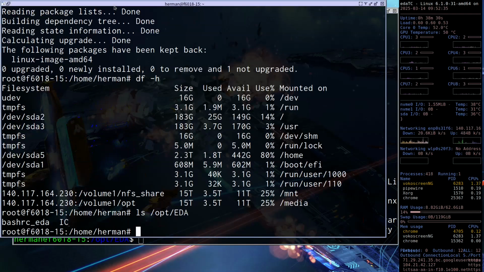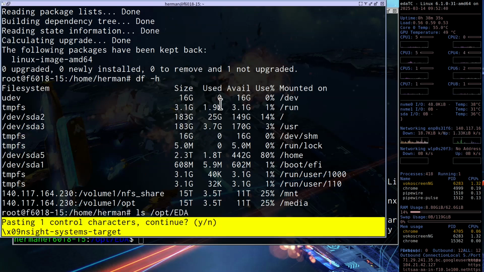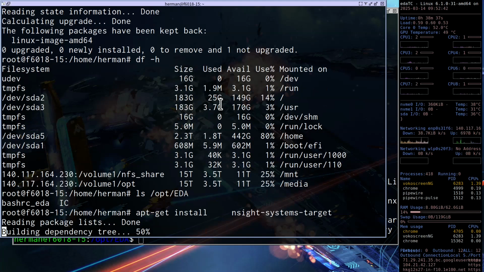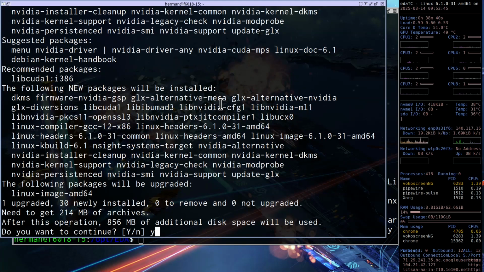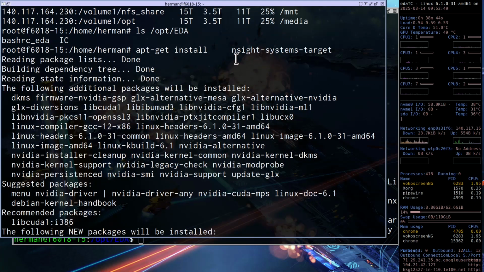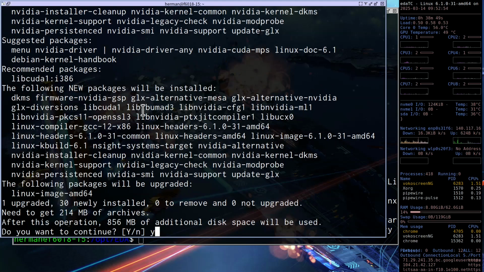In our system, we can type apt-get install and paste. Okay, then press Y. Then you can see that this is a package, but in order to install this package, it also installs a lot of different packages. So it requires getting 214 megabytes of archives, and when this procedure is done, it uses almost 1 gigabyte of system space.